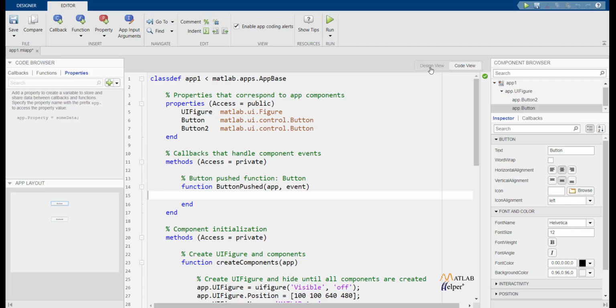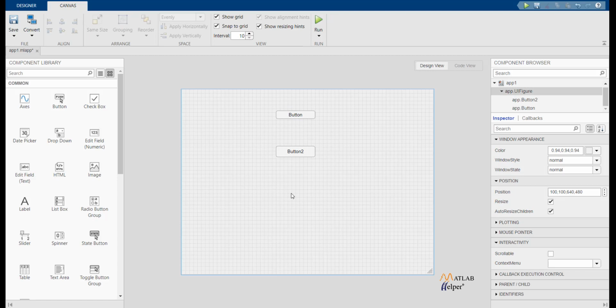Alright, now there's one thing that I talked about earlier, is that in the earlier versions there was GUIDE, but we're choosing App Designer. So the main difference between GUIDE and App Designer is that in GUIDE you need to have two files, one for the front view and the other one for the back end part of it, and you need to have these two files for this to be running.